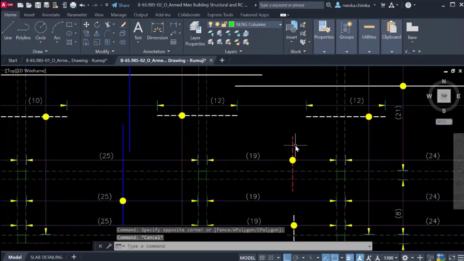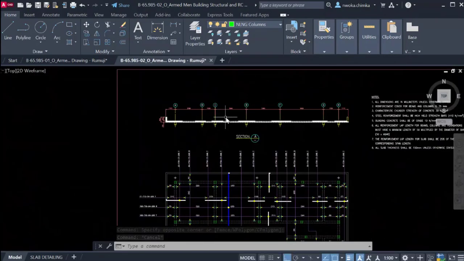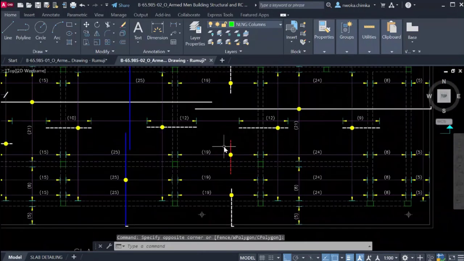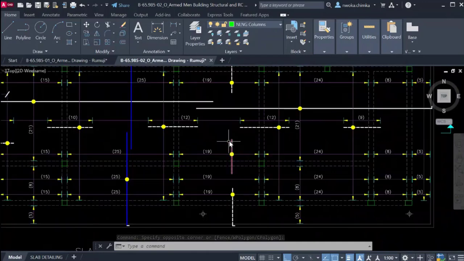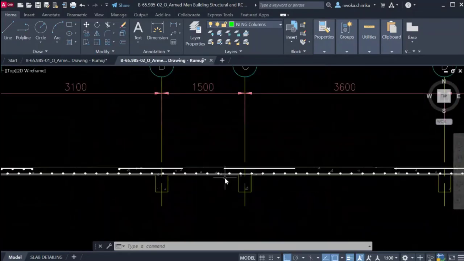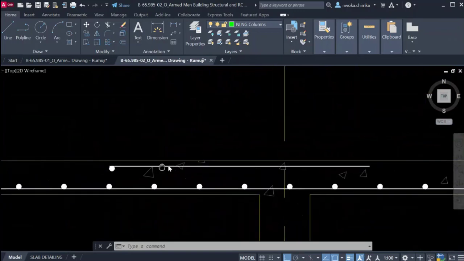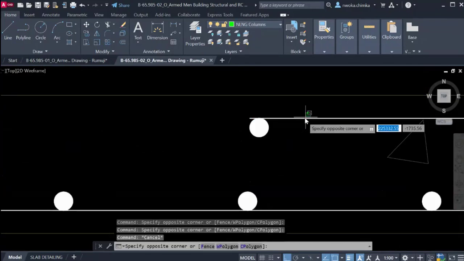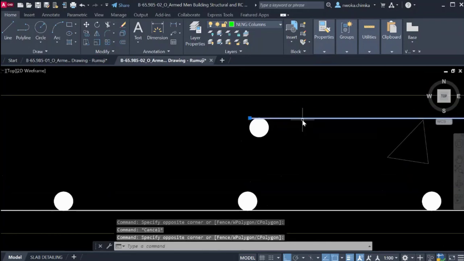We want to start placing this top bar all the way. So when this cross-sectional line cuts this place, it will affect this top bar and it will make this top bar show as dots under this place. So now we have the main top bar, and this is where we also have the distribution bar,